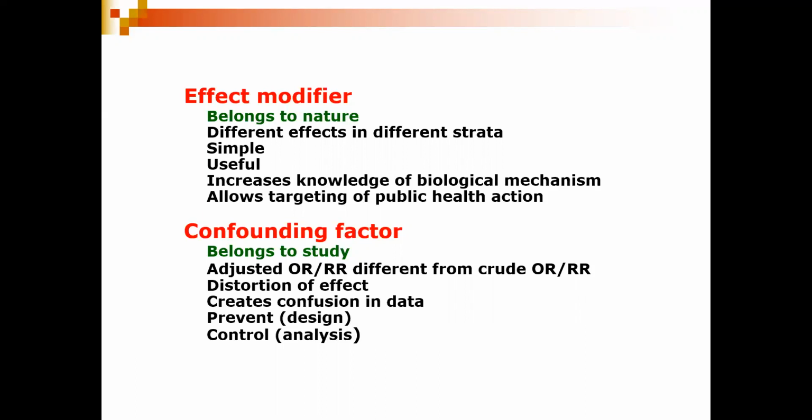I don't want to go into much detail in terms of the crude odds ratio and the adjusted odds ratio, but I will try and give you an example where we illustrate this. It creates confusion in the data. It distorts the effect: either you underestimate or you overestimate. And you can prevent it at two stages. Either